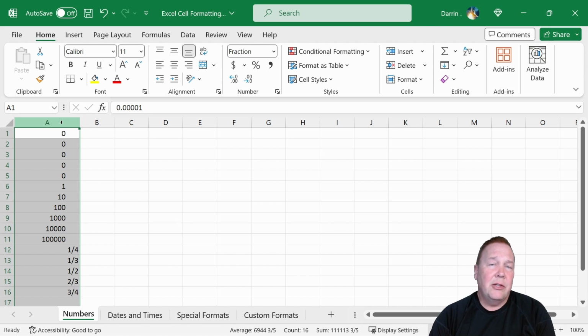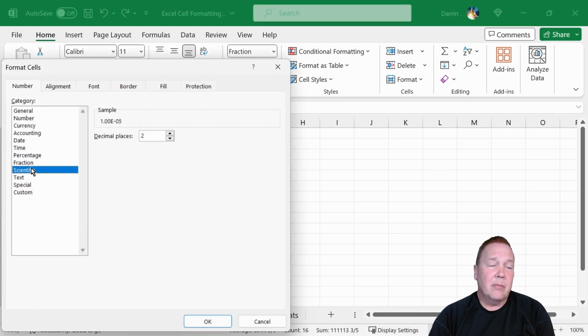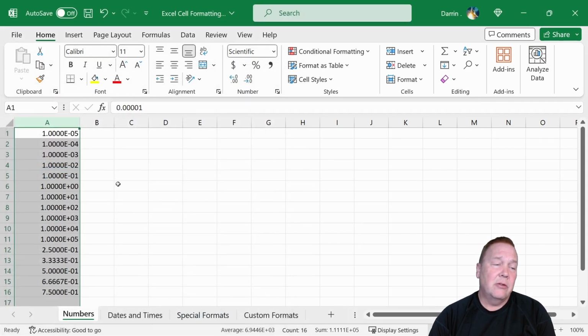Scientific notation is one that most people will never actually use. And if we go into here, we get there the same way. Go to scientific notation, you control the number of decimal places you want. What scientific notation does is it lets you represent either really, really big numbers or really, really small numbers. It's not so useful for representing 10 or 15 or whatever. You can, but not really so useful. So if we look at this one,